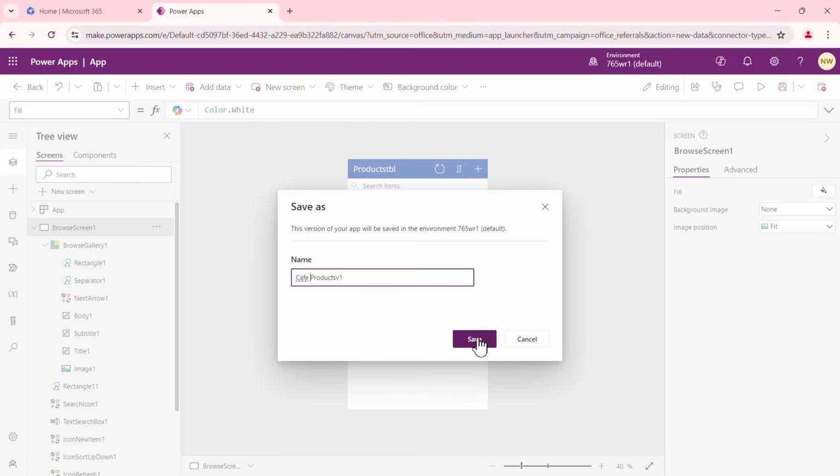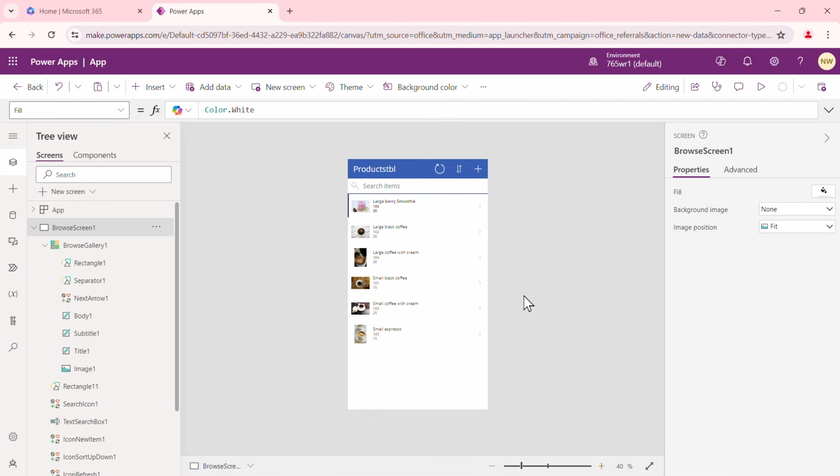V1. I'll go ahead and press save. Now, when this app was created, it just created it with all the default settings, such as the orientation, right? So this is portrait, not landscape. When we actually create an app from scratch a little later, we'll get the full walkthrough in terms of